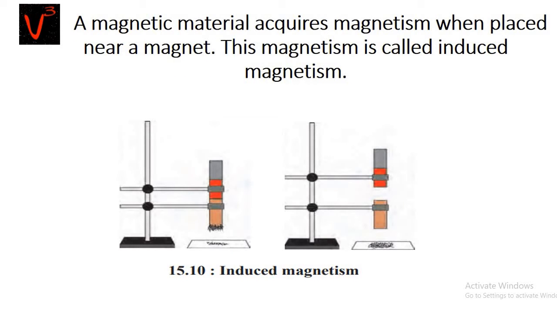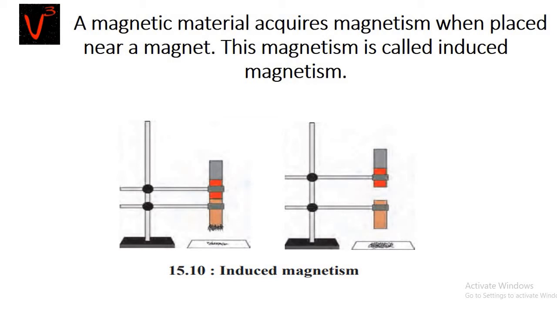Now let's see the fourth characteristic of a magnet. For this we need a stand, a bar magnet, an iron bar and some iron filings. How it is placed you see in the diagram. Fix a powerful bar magnet to a stand as shown in the figure. Fix an iron bar at a short distance below the magnet. Take iron filings near the iron bar. After some time, take away the magnet.